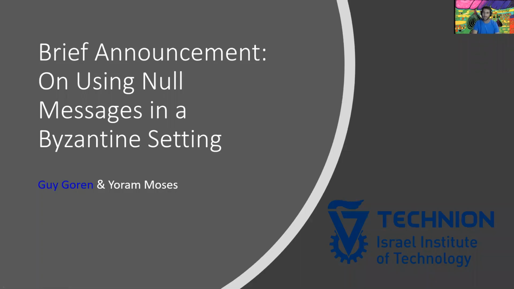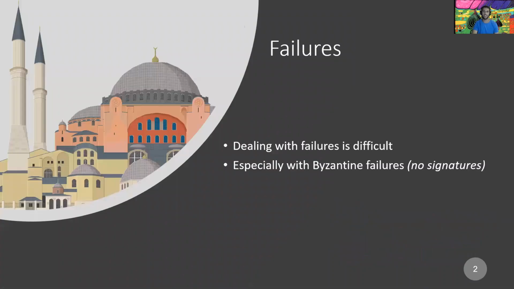Hi, my name is Guy, and I'm presenting a joint work with my advisor, Yoram, on using null messages in a Byzantine setting. Dealing with faulty processes is a major part of distributed computing. In the Byzantine failure model, processes can deviate arbitrarily from the protocol. The mere possibility of these failures, even in runs when they do not occur, significantly complicates the use of messages